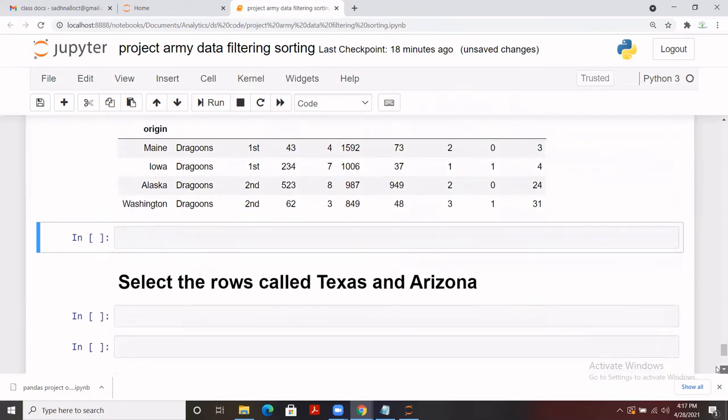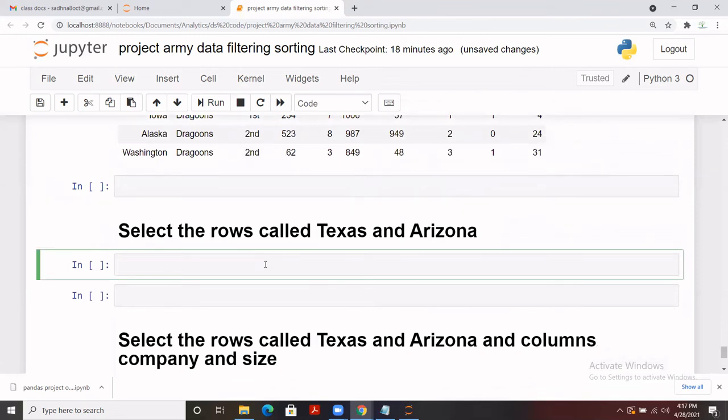Now let's move to the next question. Select the rows called Texas and Arizona. So basically we need to select the rows. So how will we be writing this? The army, that's the name of the data set, and using loc because we have our index labeled, because we have created origin as an index, so all the index is labeled. So we will be using loc for that purpose.